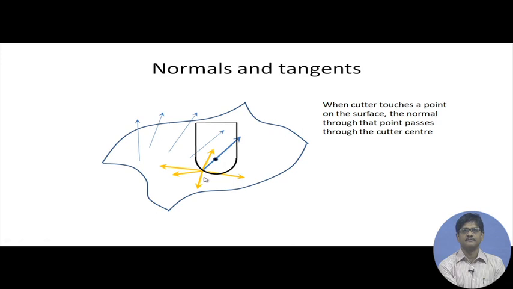So, this is the cutter. When the cutter is touching the surface at this point, the normal to the surface will essentially contain the center of the cutter. So, the normal to the surface will essentially contain the center of the spherical end of the cutter. So, we understand that this normal which is emanating out at this point of the surface is passing through this center which is shown. So, we make use of this